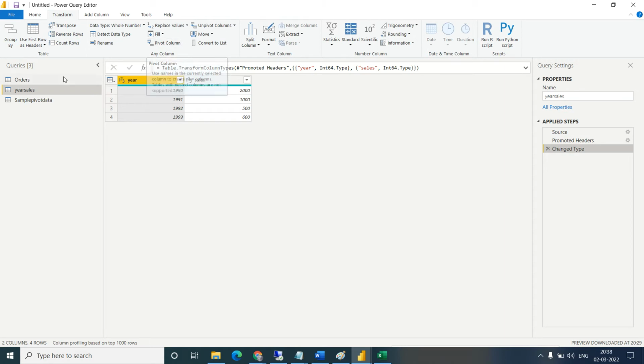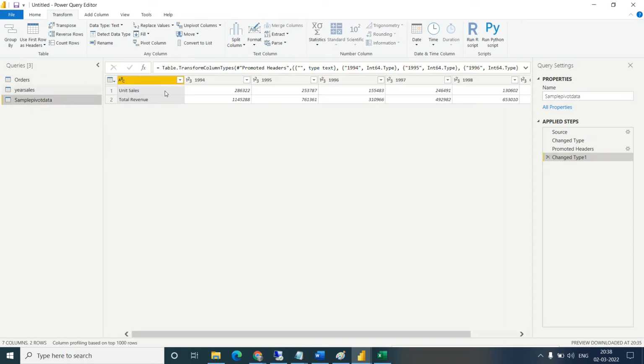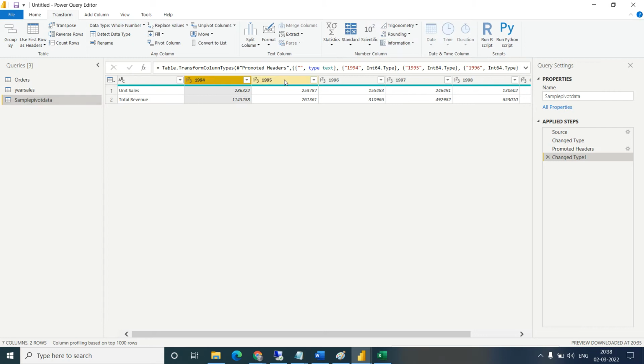But now in this sample, when I select all columns, it is giving me the unpivot option only. The pivot option is not visible because we are selecting multiple columns. If you select multiple columns, you want to convert columns into rows. If you select one column, you are trying to convert rows to columns.